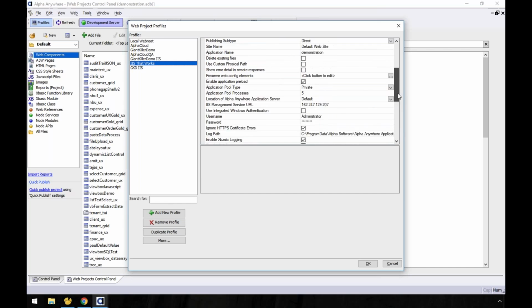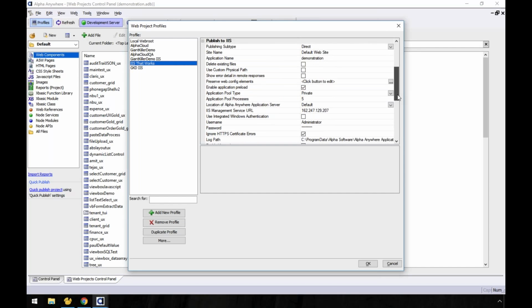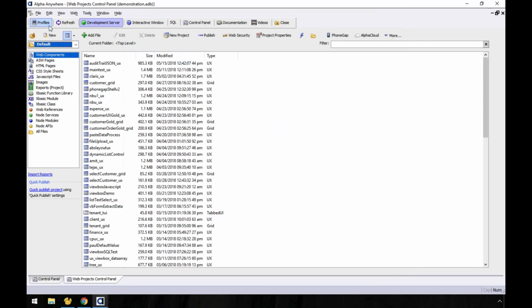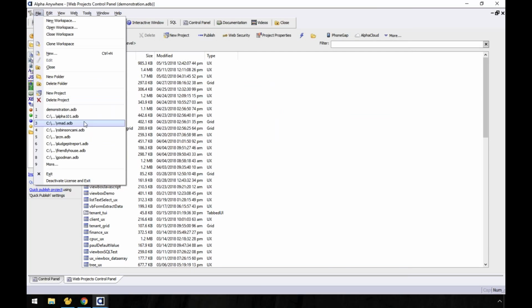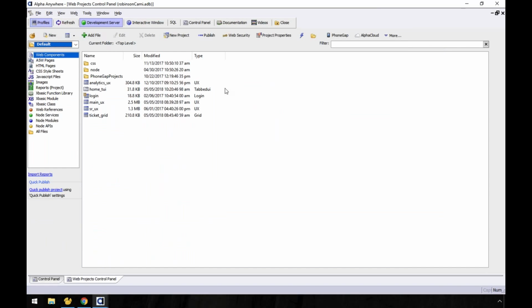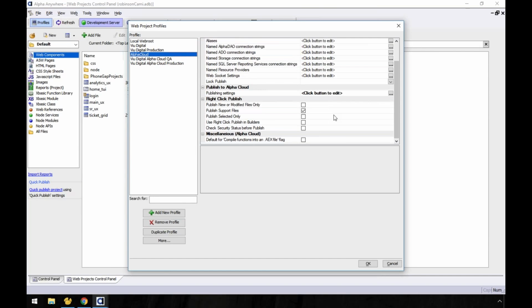Let's see, okay. I'm trying to find my management service URL. Okay, let me open up a different one here. I'm sorry, I'm trying to find the setup there with the proper way. Okay, go into my profiles, go to Alpha Cloud, and then we go here and you'll see publishing settings.